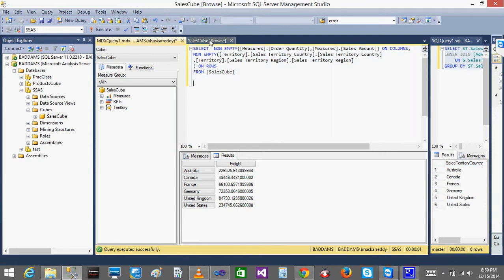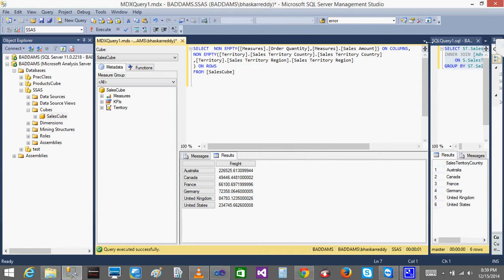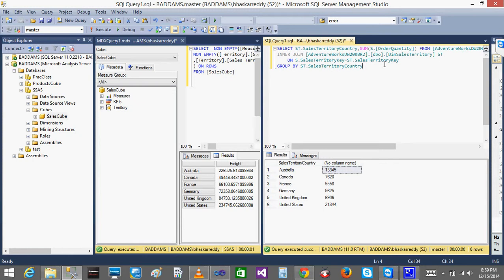What I want is, okay, I'll just close this one cube. Okay, yeah, this is my table. I got it here, right? So to this table I'll add one more thing called year also. Inner join,